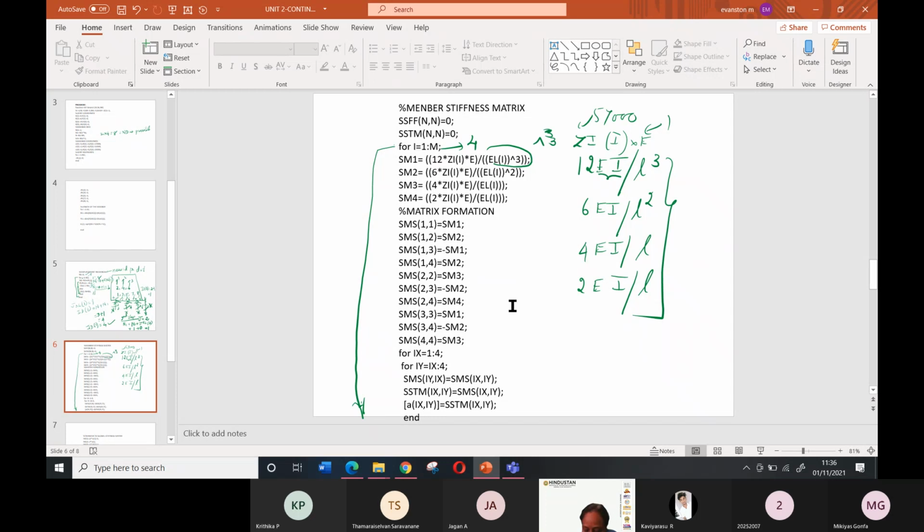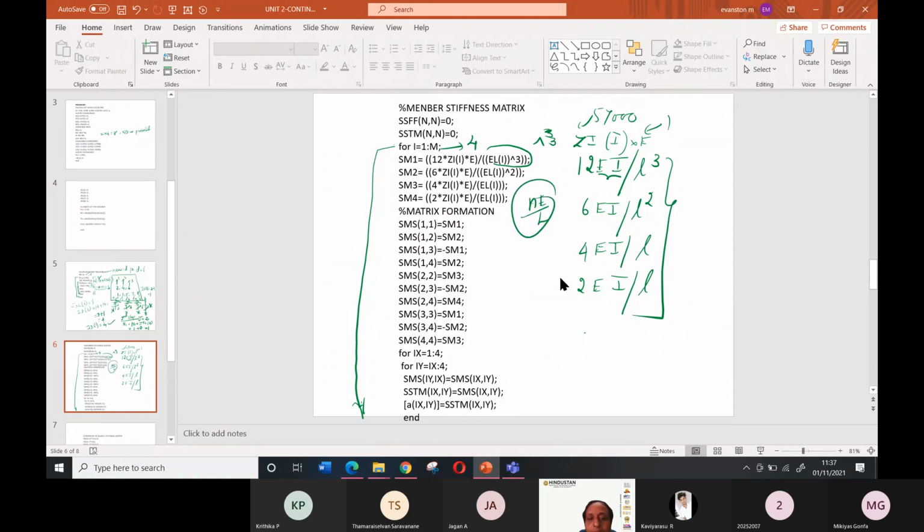So what is the stiffness matrix for the beam element? Only the stiffness matrix will be differing in this program for the beam and the frame. For a portal frame, it is the same procedure, but in a portal frame you have to add one more term AE by L. That's all.